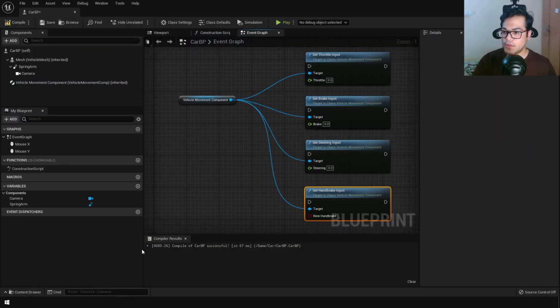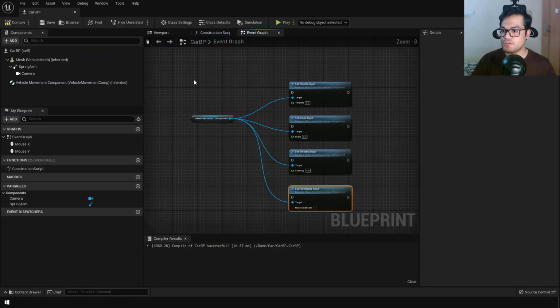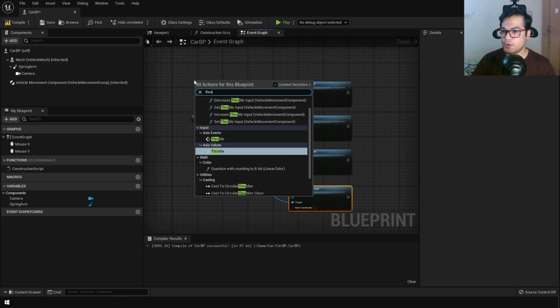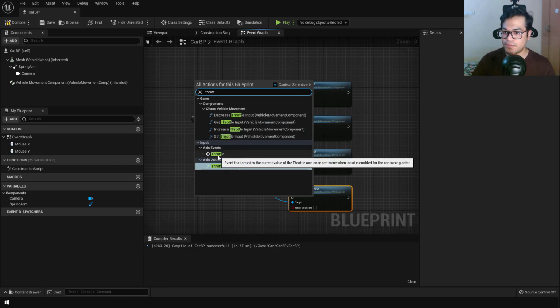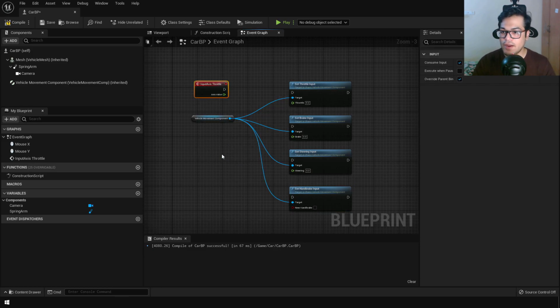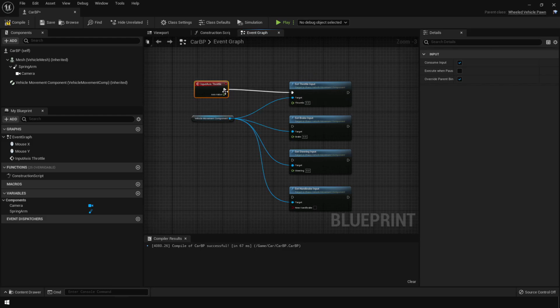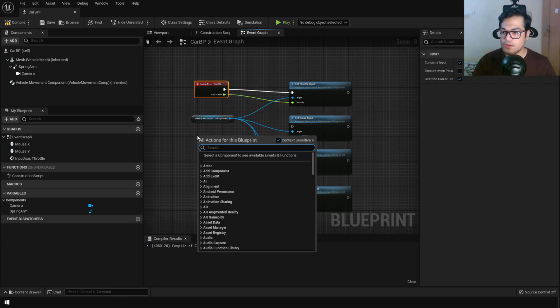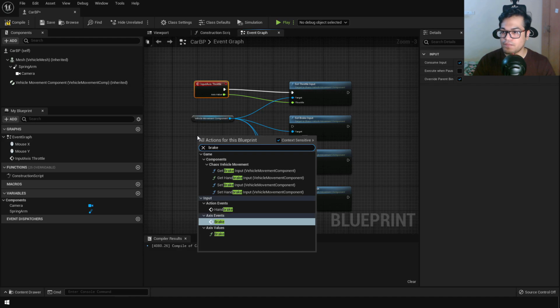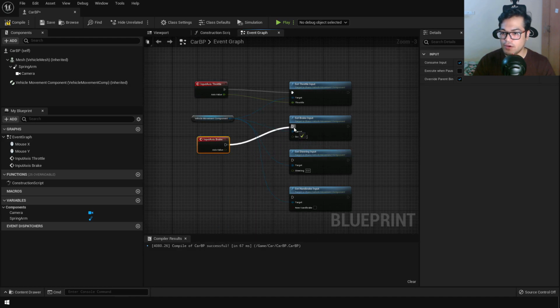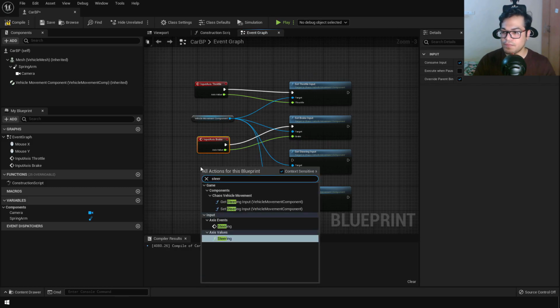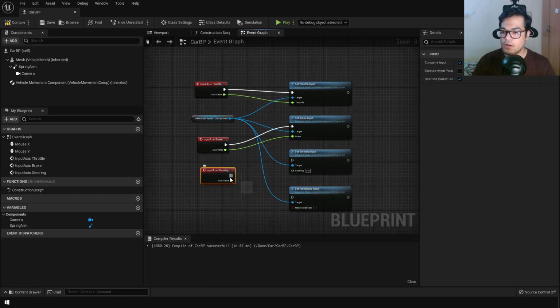After that, you can open up the blueprint and you can connect the respective axis events into the respective inputs right here. So the throttle will be connected into the throttle. Just add the brake axis and just connect it right here. And make sure again that you are adding events. So just connect that there.